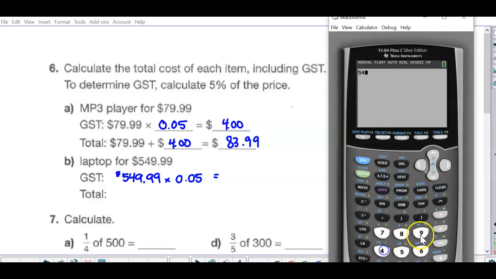So 549.99 times 0.05 is $27. And again, the second 9 makes the first 9 go up to 10, so that carries forward, so that would be $27.50. So the total,